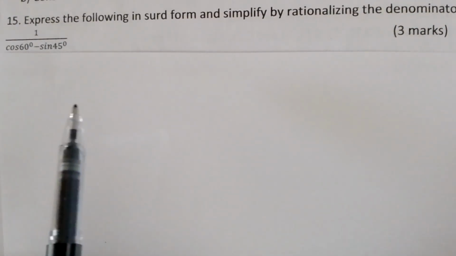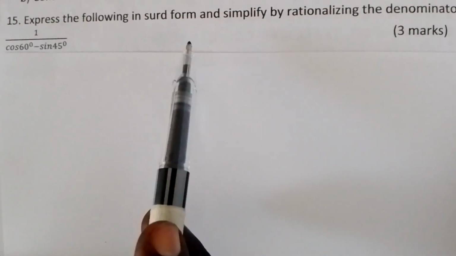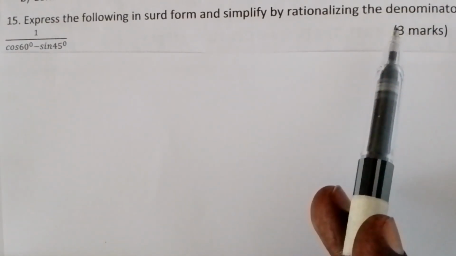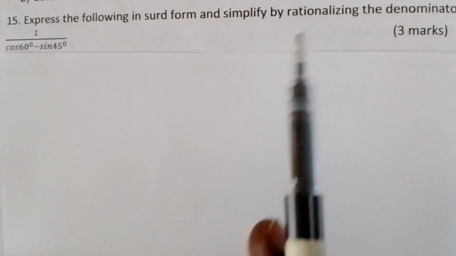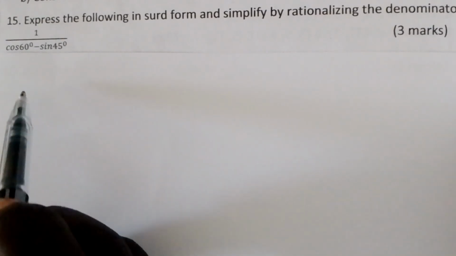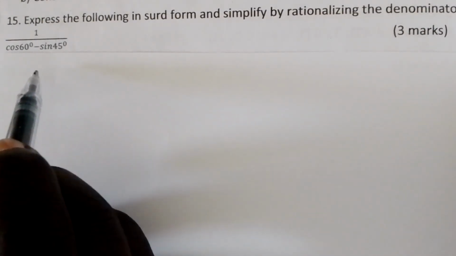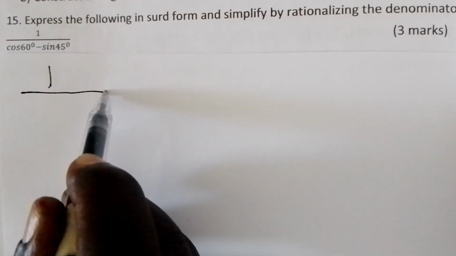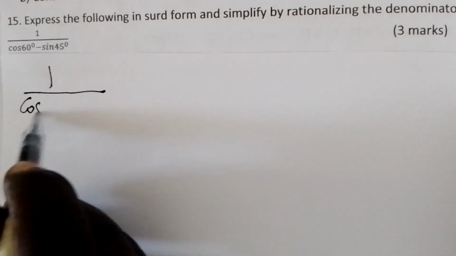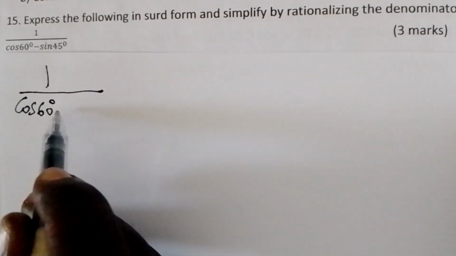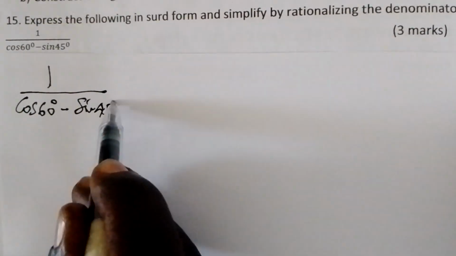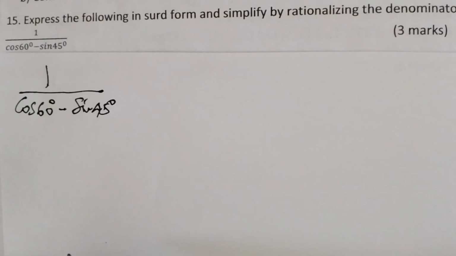In question 15, you're asked to express the following in surd form and simplify by rationalizing the denominator. We have the expression given as 1 over cos 60 degrees minus the sine of 45 degrees. So we are going to consider